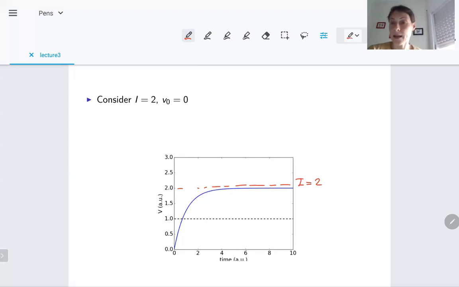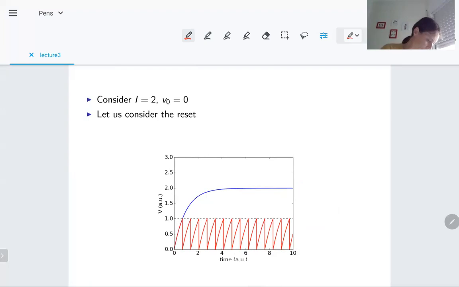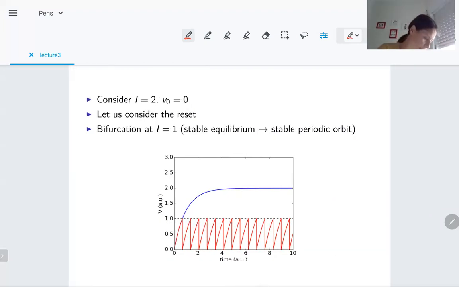But here I didn't consider that there was a reset rule. So now if I apply the reset rule, what I need to do is, whenever the voltage reaches 1, I need to reset it equal to 0 and just keep integrating. This is the solution for this system when we introduce the reset, because every time the voltage reaches 1, I need to reset it to 0. And consider that every time it reaches 1, there's been a spike. Sometimes this is also plotted with vertical lines,